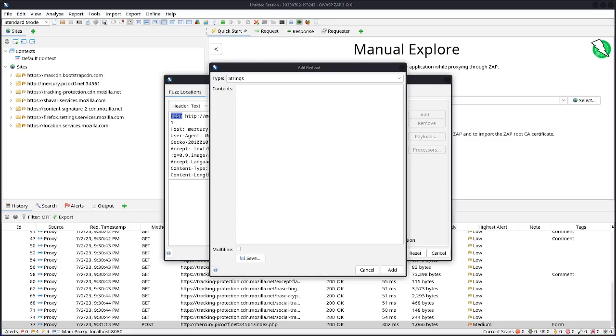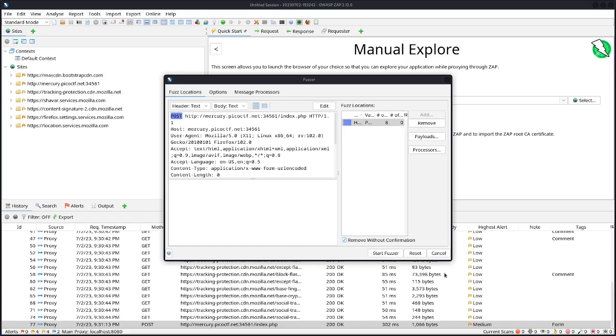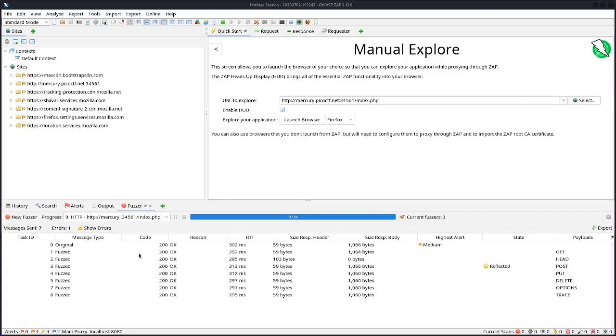So let's stick to the ones that we talked about earlier. So we test for get, head, post, put, delete, connect, options, and trace. Let's click the add button and confirm by clicking OK. Now we're ready to start the fuzzer. So click Start Fuzzer.